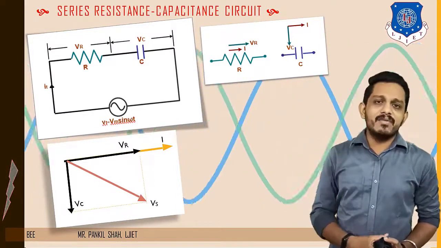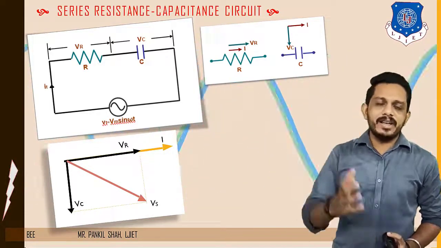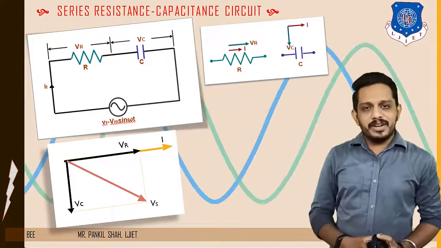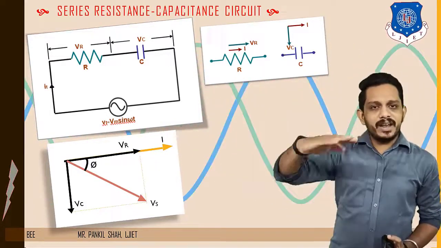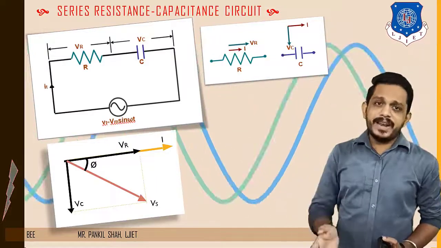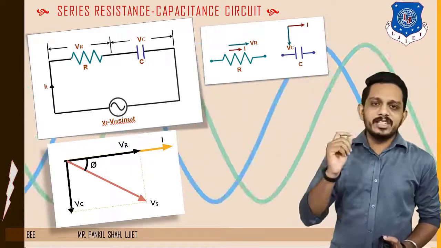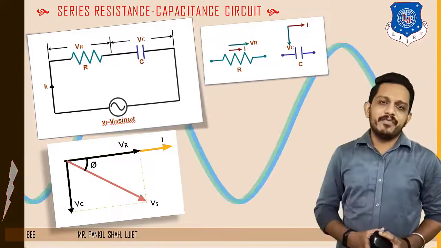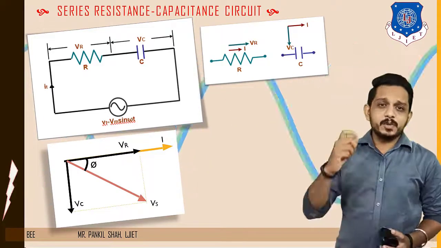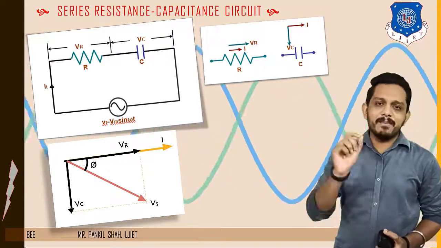So this resultant voltage is having magnitude V, that is nothing but the applied voltage V. This applied voltage V is having some angle with the current. We have taken current as a reference and we obtained the voltage. So you can see that there is the angle phi between this voltage and current. In this figure, this angle phi is between voltage and current; current is leading and voltage is lagging by phi degree.